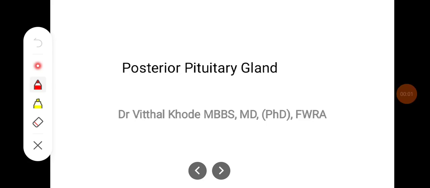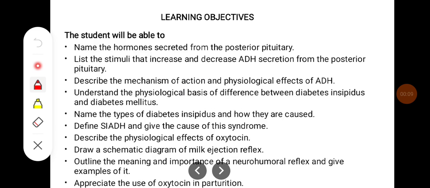Everyone. In this class, we'll try to learn about the posterior pituitary gland and hormones produced by these glands. The learning objectives of today's class will be: name the hormones secreted from posterior pituitary, list the stimuli that increase